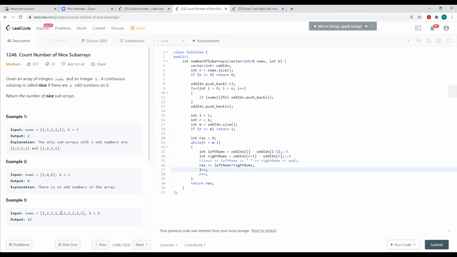Because you are done with getting the subarray over here, and these two are done. That is an easy way to do it, because we are just moving k distances at a time.